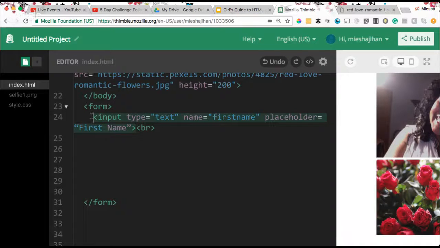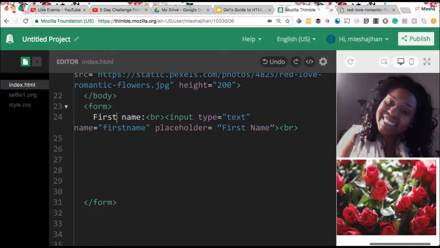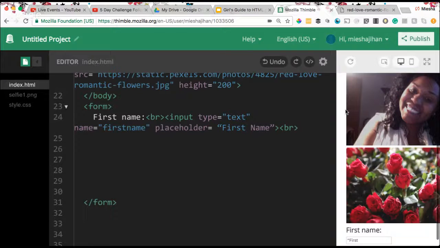I'm calling this first name, and that is listed on the outside. I don't know if you can see down there, but